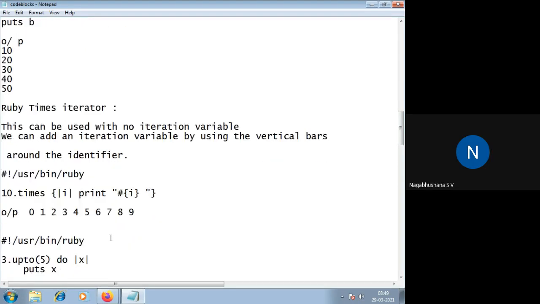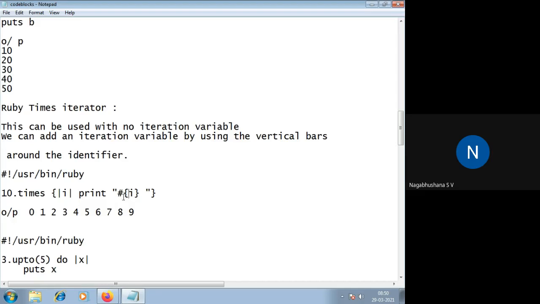So I want to print, say, some 10 values. It can be anything. So here I have given 10.times, and you have an iteration variable here, and print hash of i. I told you in the previous class why we use hash.